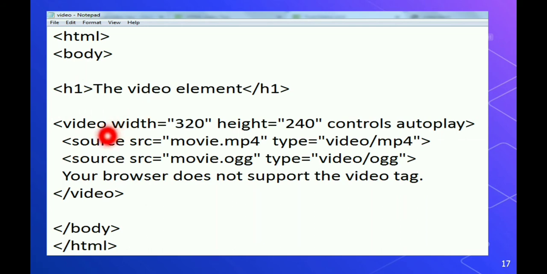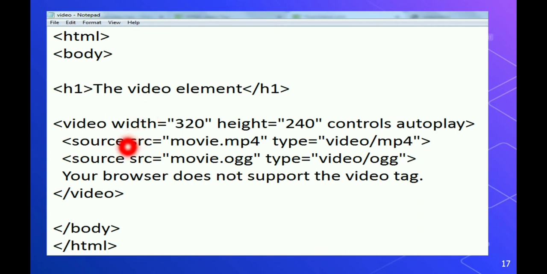Here I have started the video tag. I have written width 320 pixels, height 240 pixels, and I have given two attributes: controls, to show the play and pause controls, and autoplay, so that whenever I load my video, it will be played automatically without pressing the play button.